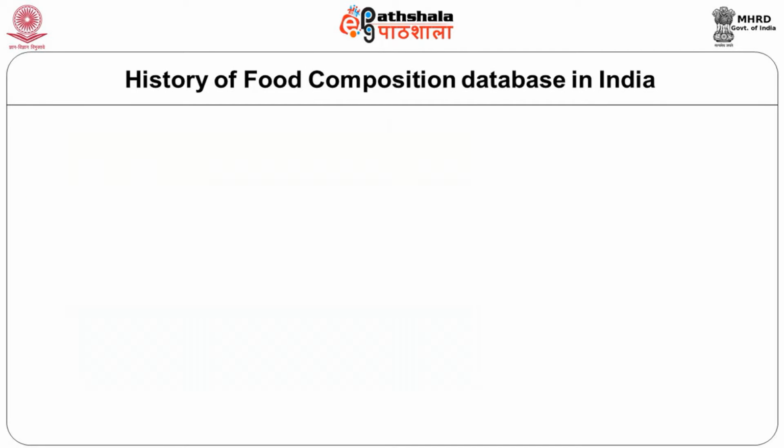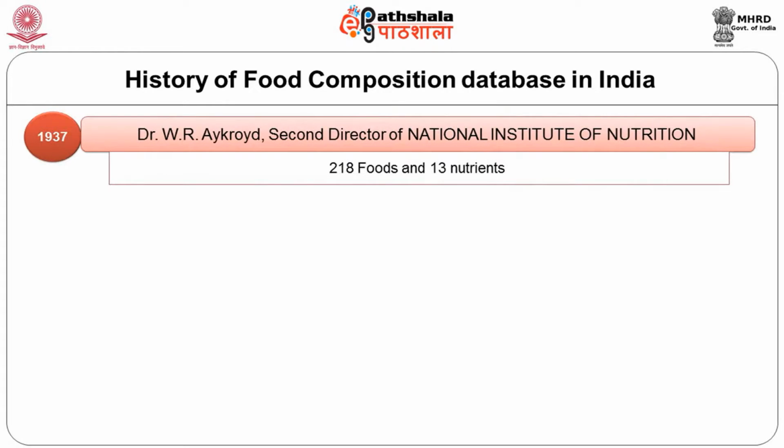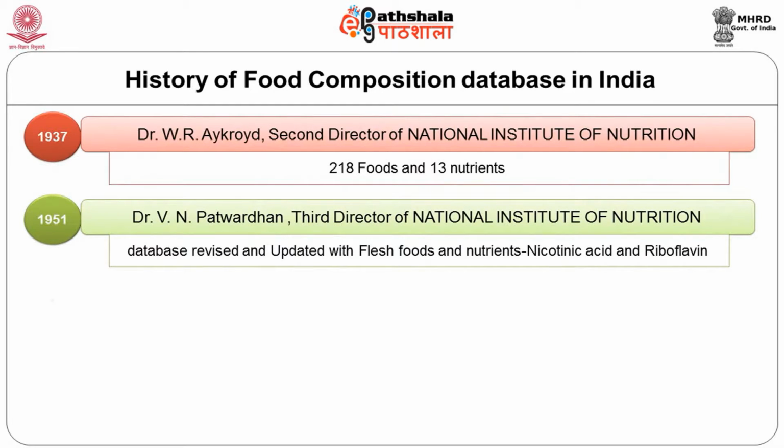So, if you look at the Indian food composition database, its history: in 1937, Dr. Aykroyd, second director of the National Institute of Nutrition, first published on the nutritive value of Indian foods with 218 foods and 13 nutrients. Later, the third director of the National Institute of Nutrition, Dr. Patwardhan, in 1951, updated the database with flesh foods and nutrients, particularly nicotinic acid and riboflavin,